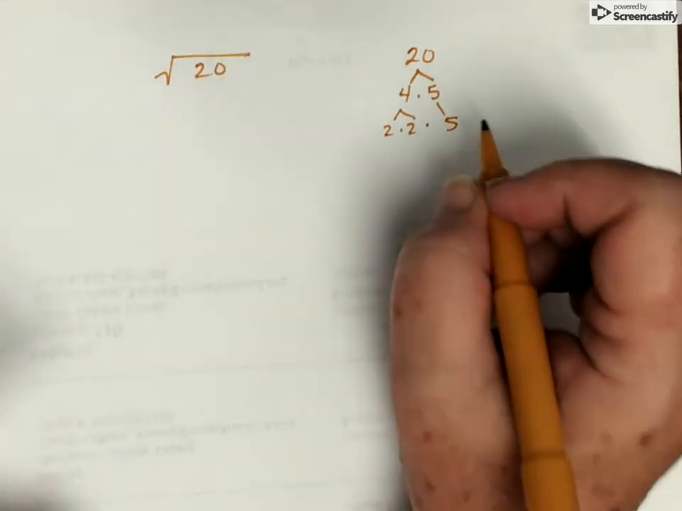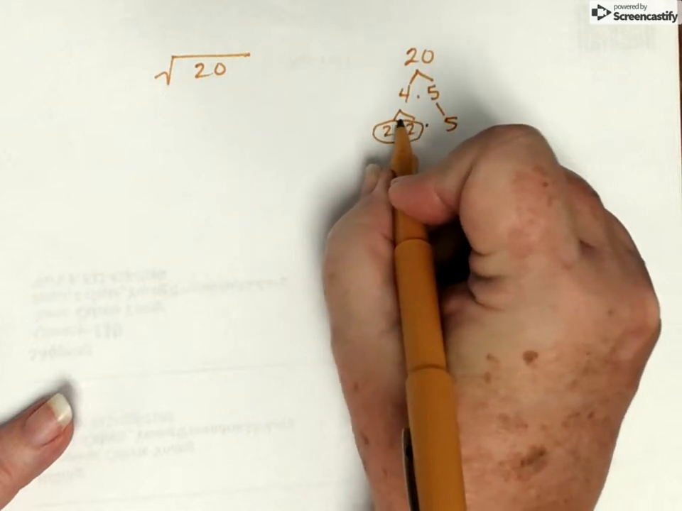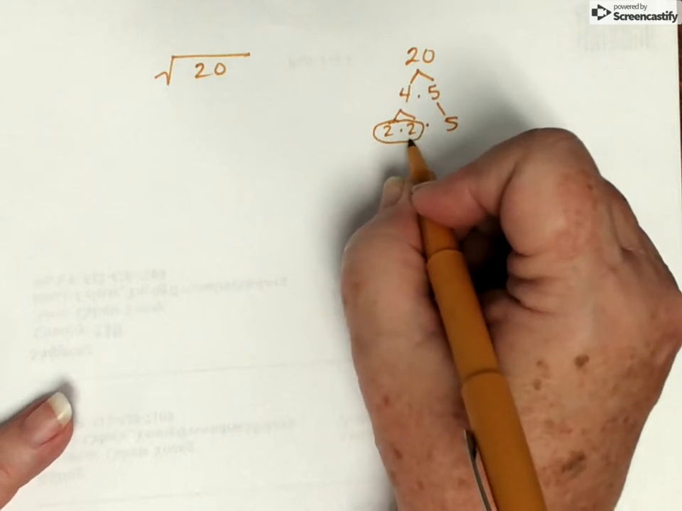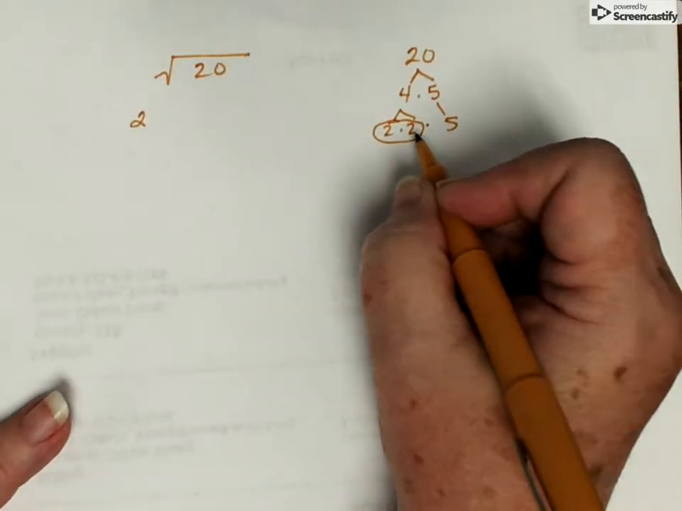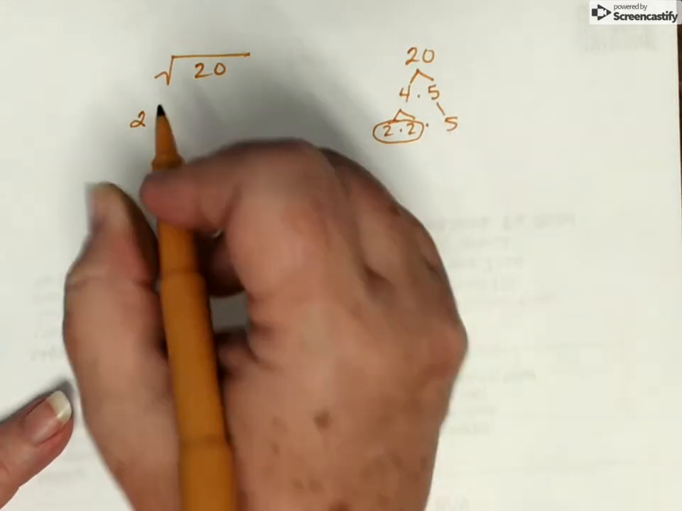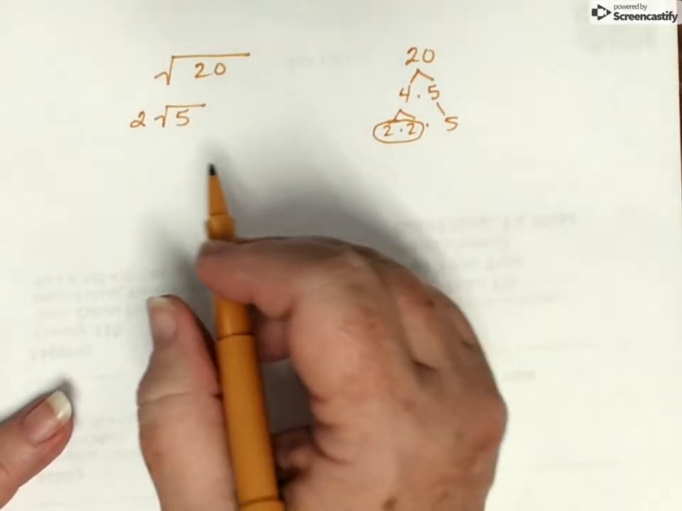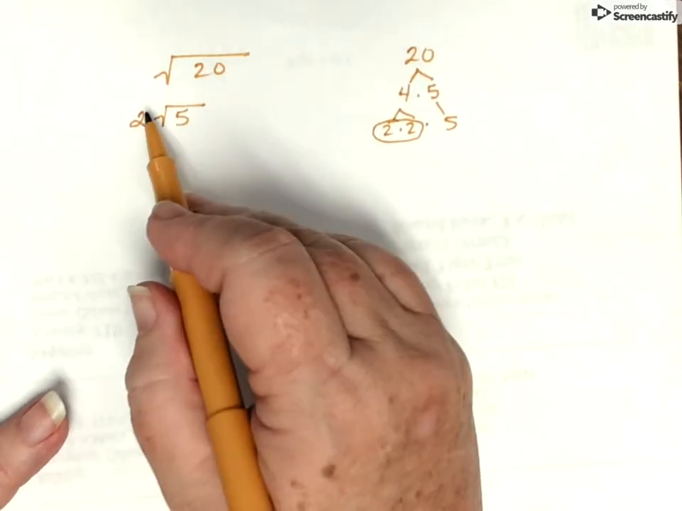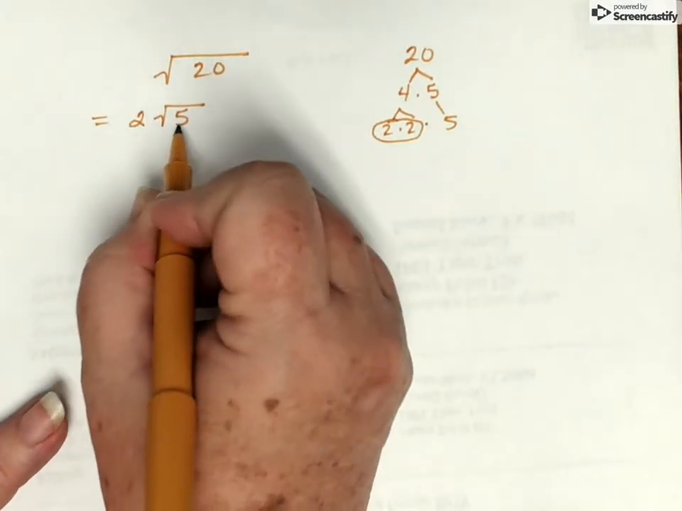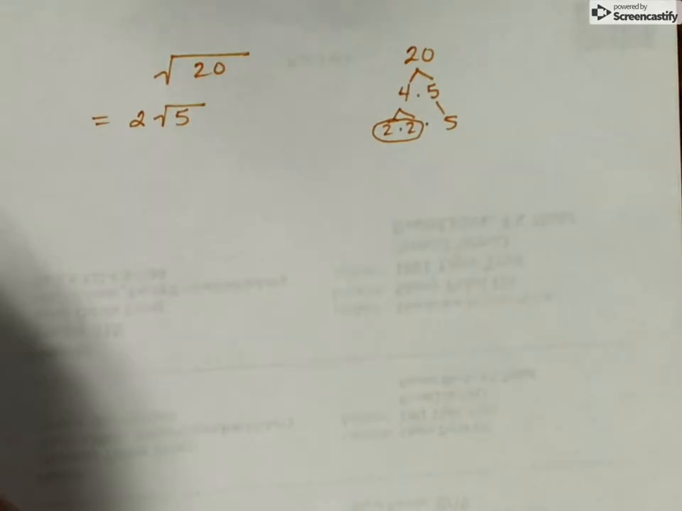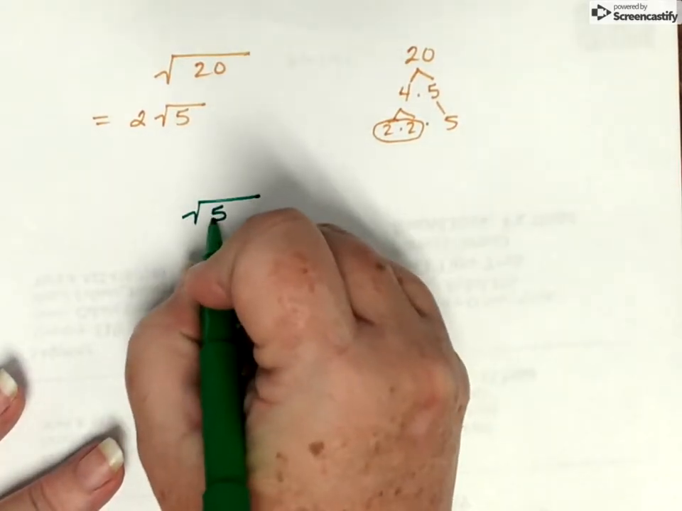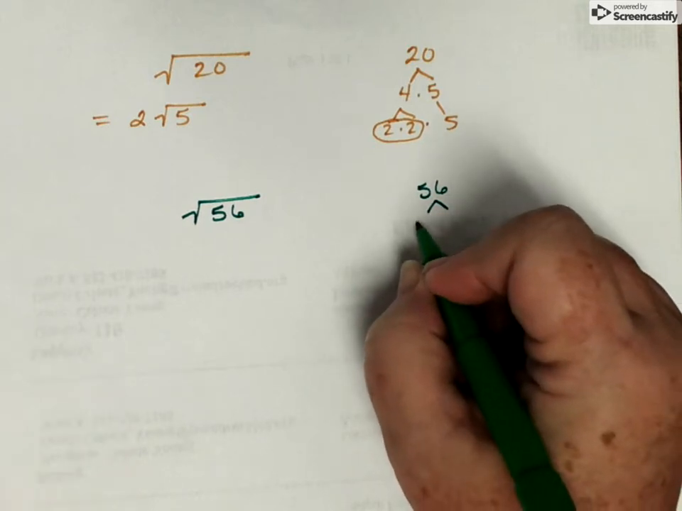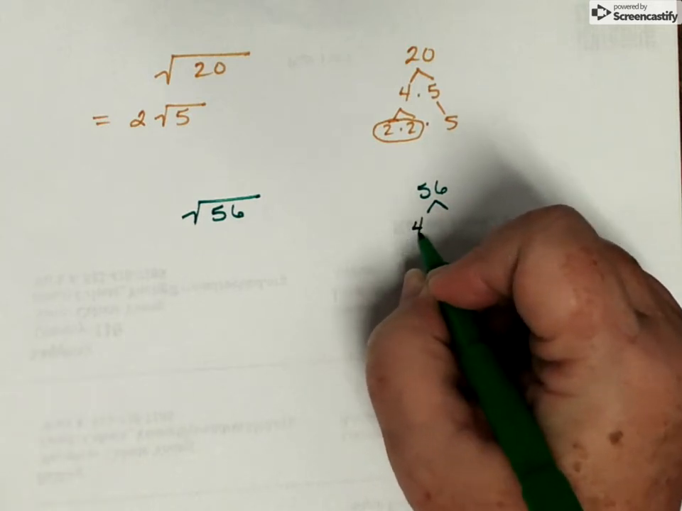Now, because it's square root, I'm looking for pairs of numbers. And each pair has a partner. So if it has a partner, it can come out of the square root symbol. Anything that doesn't have a partner must remain under the square root symbol. So the square root of 20 is 2 times 2 times 5, which would simplify to 2 root 5. So let's take that problem we had on the last problem, which was the square root of 56. I'm going to do 56 is equal to 4 times